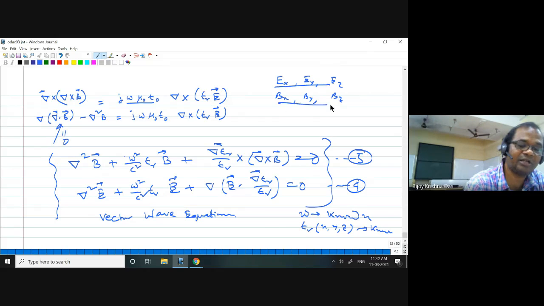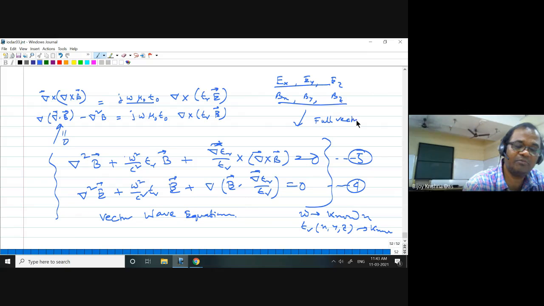So 6 scalar equations you can find, and you can find the solution for all the 6 components. Then you can find the mode profile, the effective index, and the phase velocity for all those modes, and that type of solution you can also get for any arbitrary delta epsilon r. As long as you can decompose all these 6 components and solve them independently, you can see the modal distribution and phase constant. That is also called full vectorial.